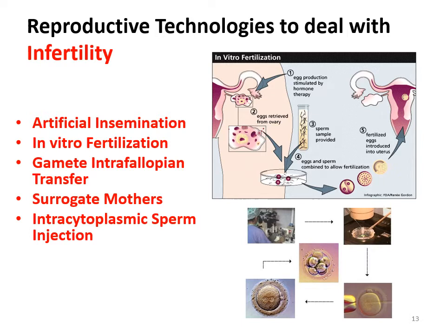And then there's intracytoplasmic sperm injection, and that's the picture that you see over here, especially right here, where a single sperm is injected into an egg to watch for the development of the zygote as it's starting to split those cells. So, various forms of trying to deal with infertility.